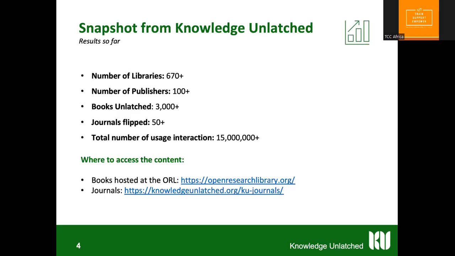And again, that means they will be open access forever, and the main point is that the researchers won't pay anything either. We also have some initiatives, as I mentioned before, for journals. We have more than 50 journals flipped to open access, and the total number of usage interactions so far is more than 50 million. All this content made open access via Knowledge Unlatched is hosted at the Open Research Library that we will present to you,